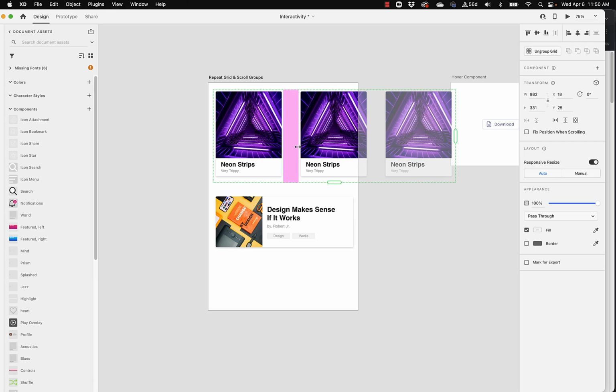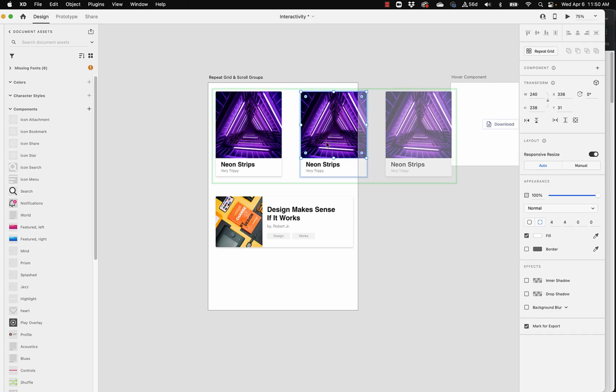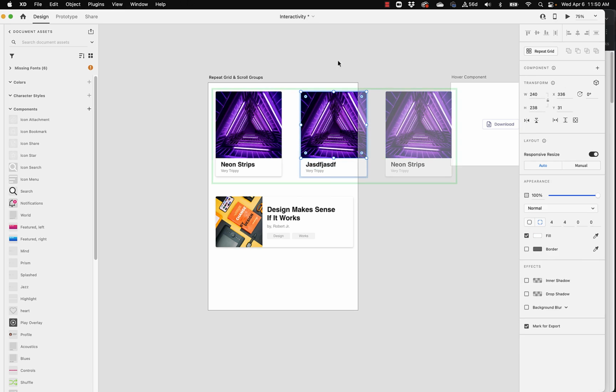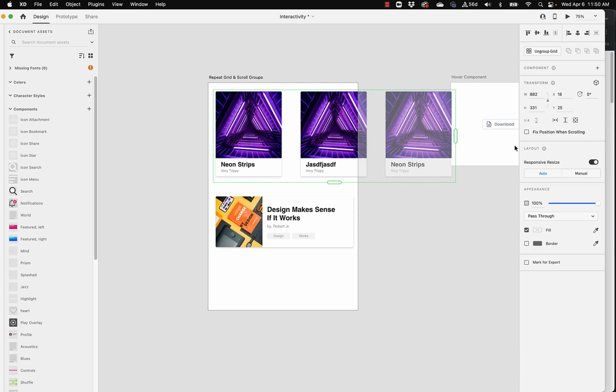So that's our first step, right? We've got this here now. If I wanted to, I could go in and double click on anything and change stuff as I need it, right? So I'll just do that for now in the repeat grids. We're still just on the repeat grid level. But now I want to be able to,